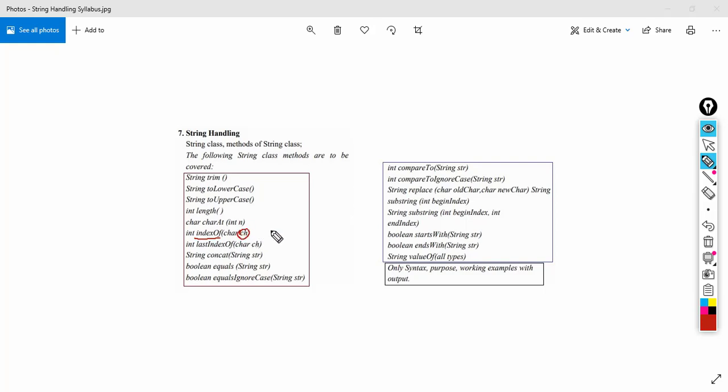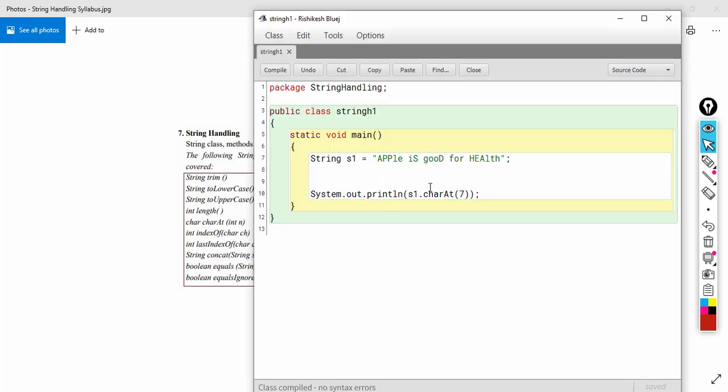Whatever character is given as the parameter, it will give me the first occurrence of that particular character. For example, let's call indexOf, let's say capital P.